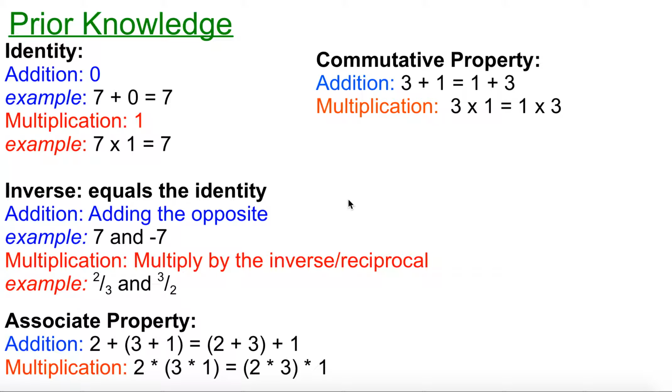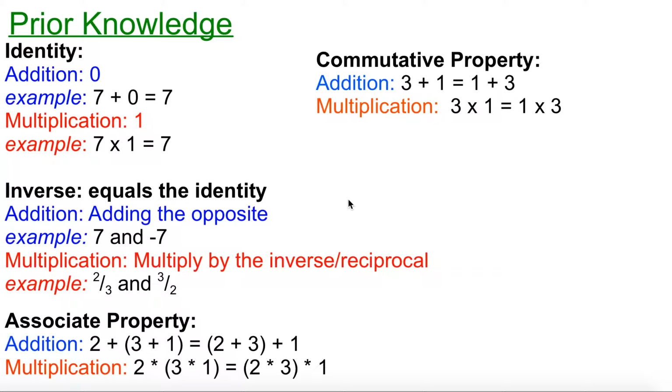Alright, so with any lesson, we always start with our prior knowledge. As we've been reviewing these for weeks now, I would then just quickly go through them, checking with my students with the identity property, our inverse property, associative, and commutative. For the identity, just talking about that anything plus the identity, which is 0, will always give us the same